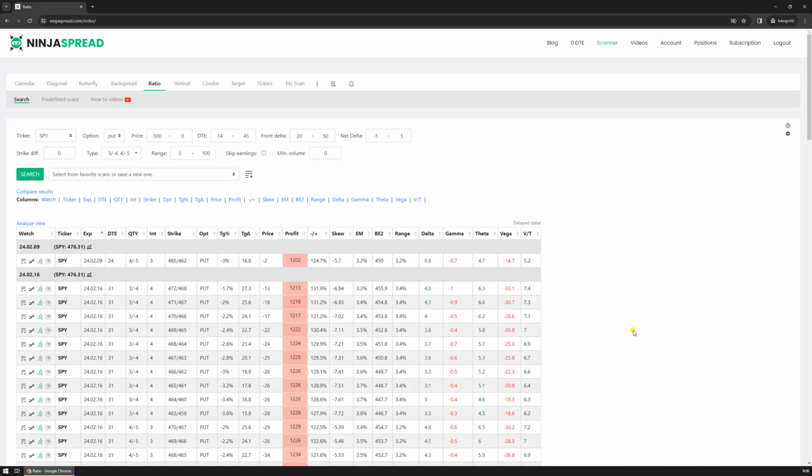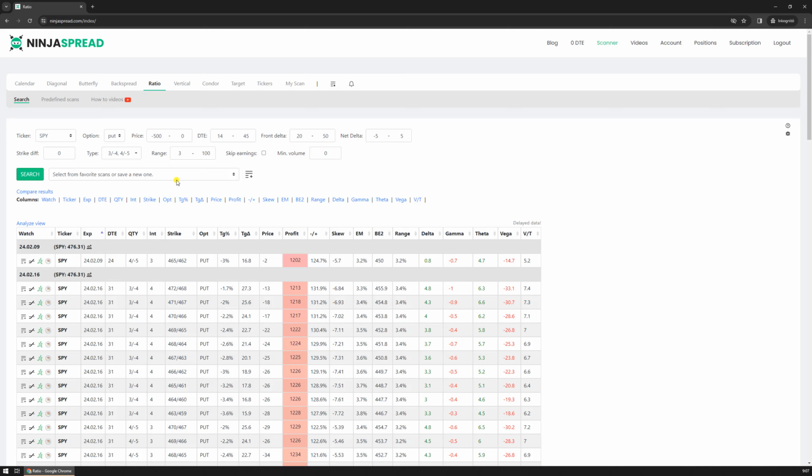So using the ratio spread scanner in NinjaSpread, you can easily find different types of combinations of ratio spreads for an underlying. Or you can also check a list of stocks that you have already defined in NinjaSpread. And if you are looking for a particular set of ratio spreads, you can also save the scanner and